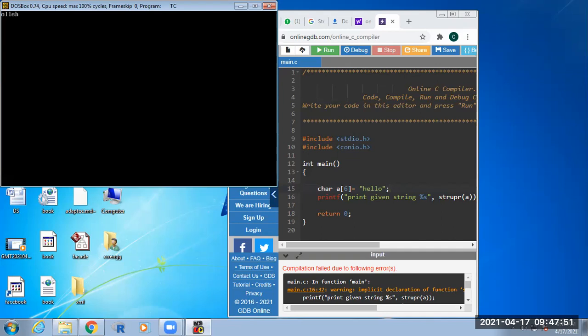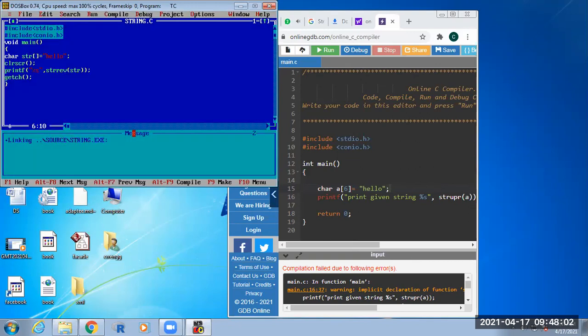Okay, I want to compare two strings. If I want to compare two strings, I am taking two strings here.